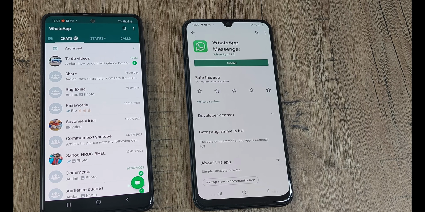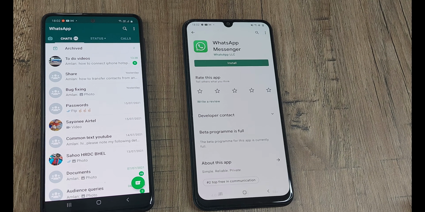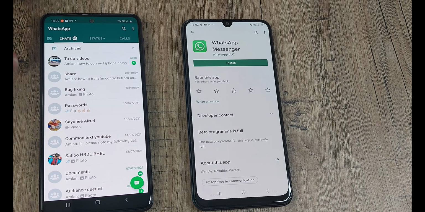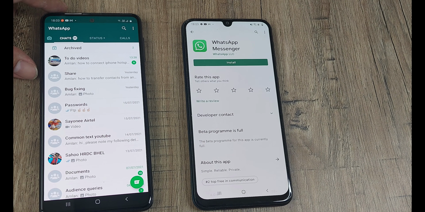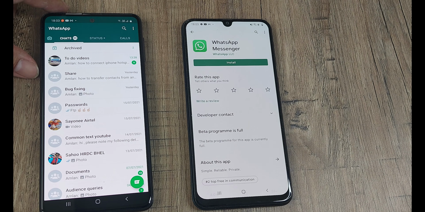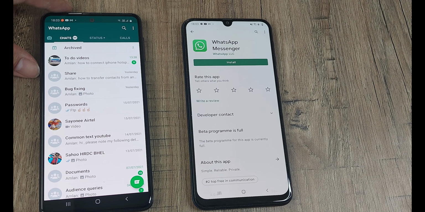In today's Make Knowledge Free campaign, we look at how we can transfer WhatsApp messages from an old phone to a new device. I understand that this is very significant and important for WhatsApp users. You may want to migrate to a new phone and transfer all your WhatsApp messages, and I understand the reasons behind it. Let's look at the exact steps that should allow you to do it.